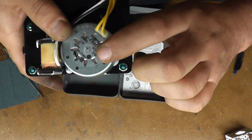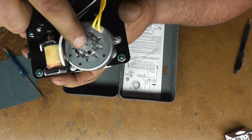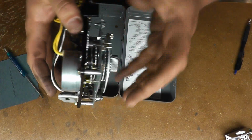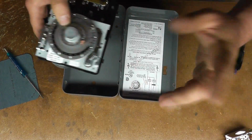But a lot of times you can also see a little tab in there moving back and forth. That'll tell you if the motor's actually good. But a lot of times the motor's fine. It's just this gearing in here that's all chewed up. So anyway,